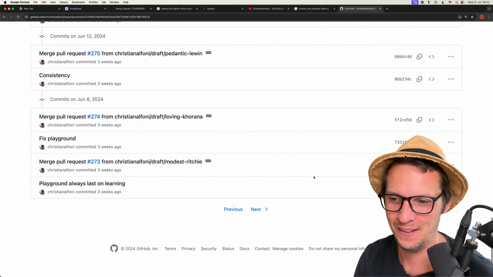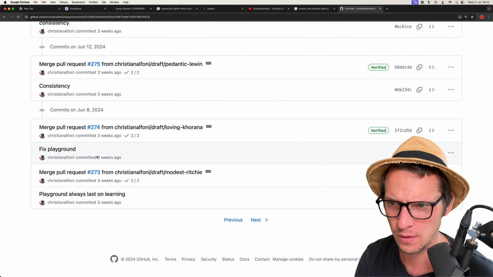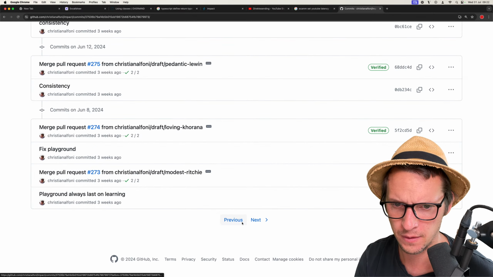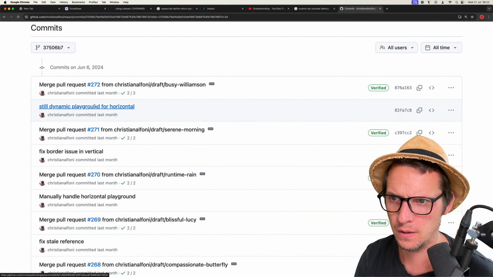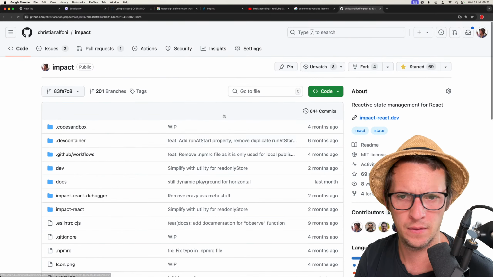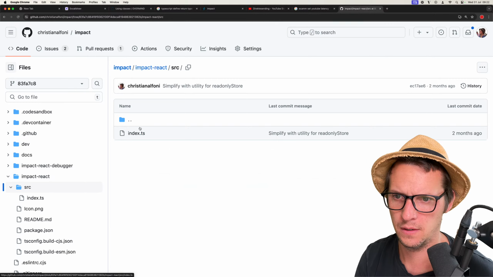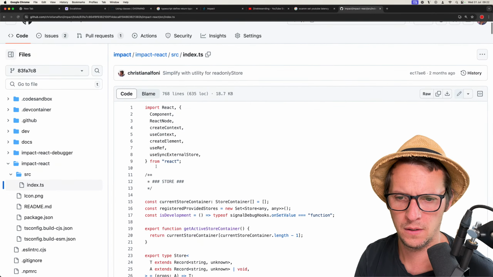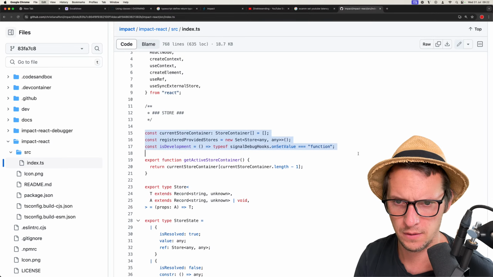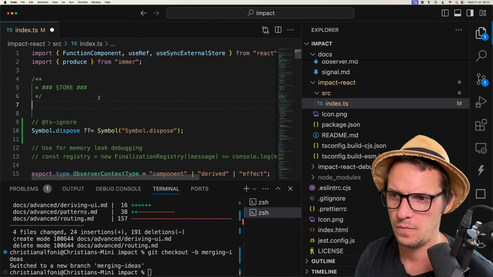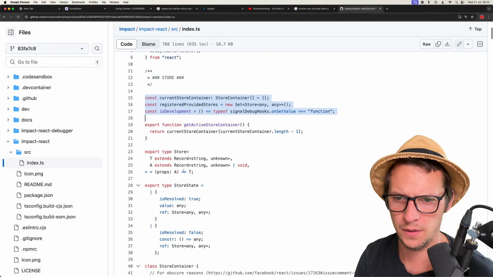Let's see. Was it this old? Is this 3 weeks ago? Fix Playground. Wait, this should have. I don't understand this. Oh, here we go. Here it is. Is development. And then store.